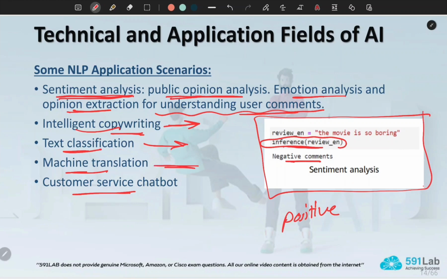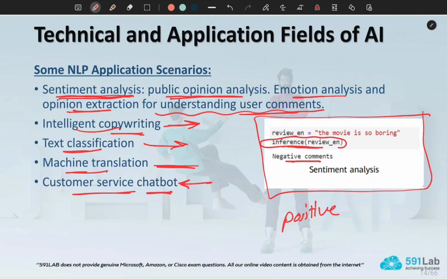Machine translation, already covered this one. This is like Google Translate and other automated translation. Customer service chatbot. I think we are all familiar with this one. It's the chatbot that you interact with as soon as you arrive at most customer service websites nowadays, like Amazon and other shopping websites.